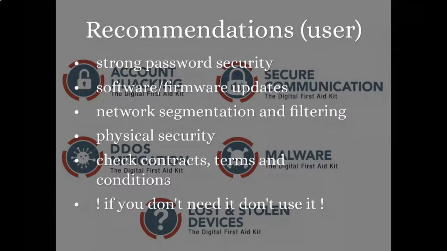And then last but not least, if you don't need it, don't use it. I would say an umbrella with a chip that tells you when it rains or when the sun shines is not very useful. So try to avoid that kind of IoT devices, which exist on the market, however.